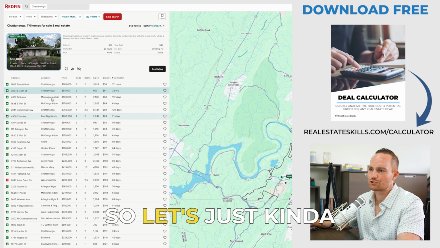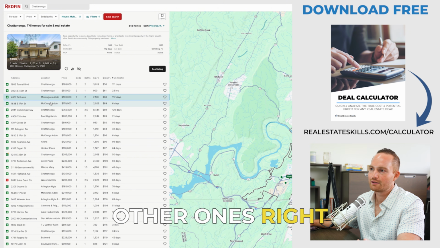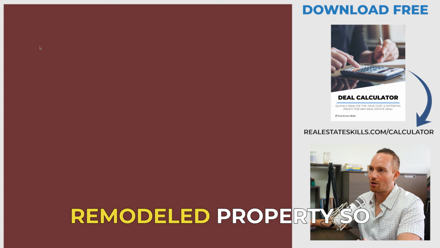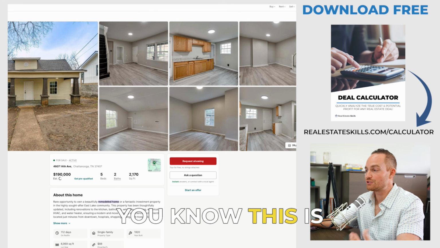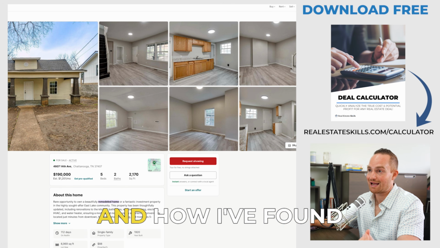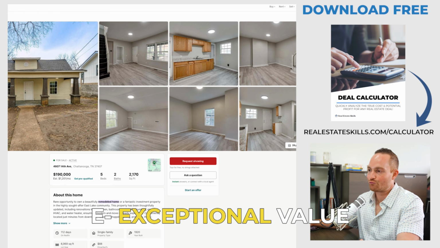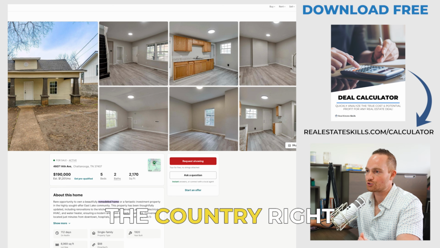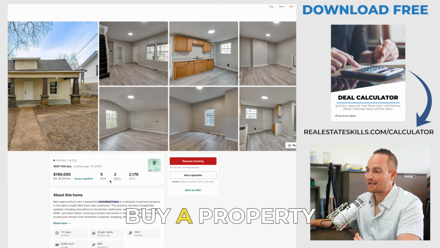So let's just kind of look at some of these other ones, right? This looks like it's somewhat remodeled property. So this is how you can find really good deals and how I've found exceptional value in markets all across the country, right? So if we can buy a property